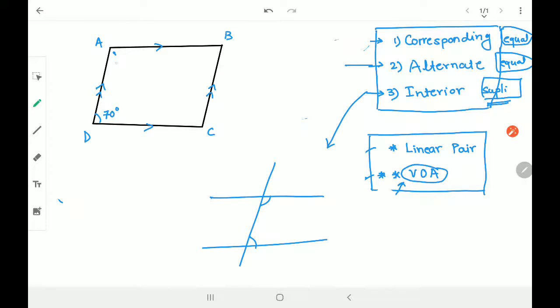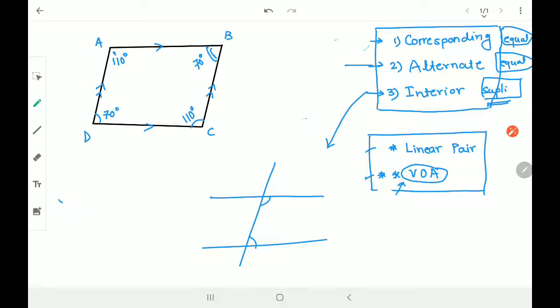So how much is this angle going to be equal to? It is going to be equal to 110 because their sum is equal to 180 degree. Reason क्या है उसका? It is interior angle. Simple सी बात है. Now if I rotate this figure and check this 110 and this angle, ये जो दिख रहा है, it is again interior angle, right? If I rotate the figure and I check, it's again interior angle. So ये angle is going to be equal to 70 degree. And of course, in the same way, this angle is going to be equal to 110 degree.